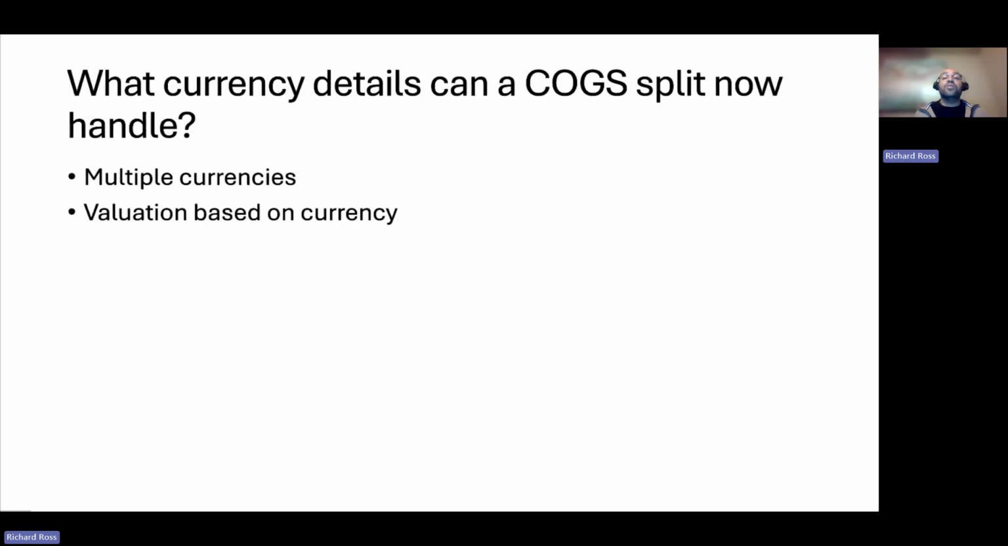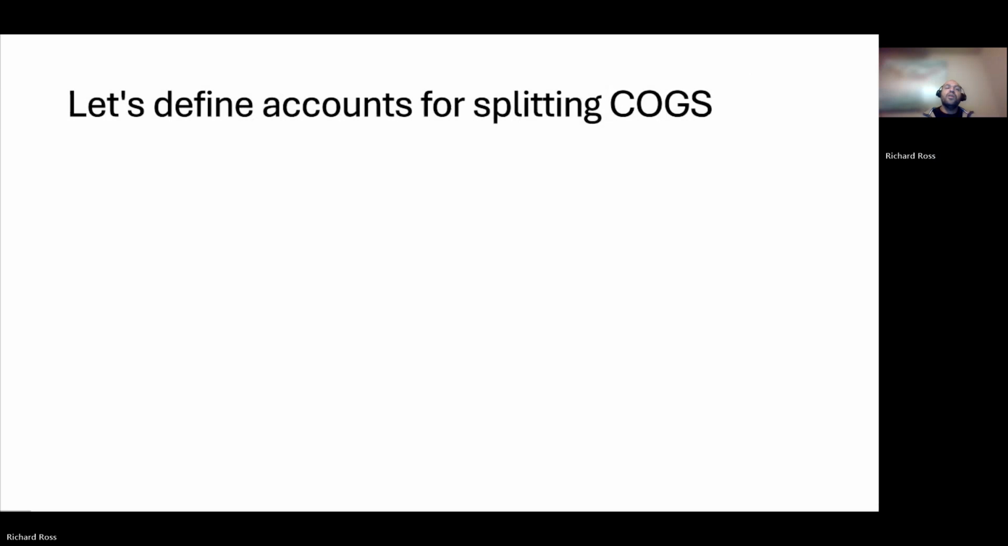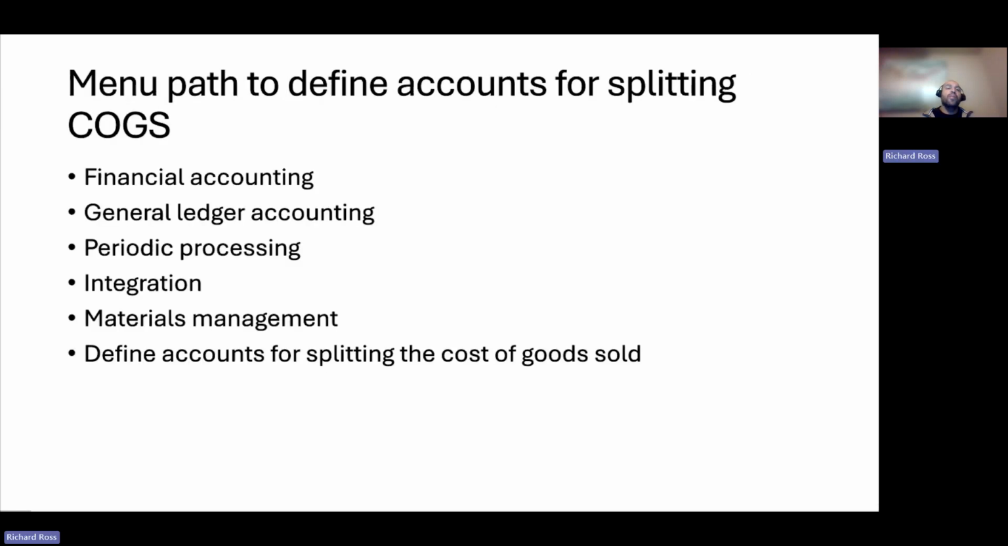What currency details can a cost of goods sold split now handle? Multiple currency, valuation based on currency. In the cost of goods sold split document, what currency is the fixed portion of the cost of goods sold updated in? The controlling area currency. Let's define accounts for splitting cost of goods sold. Menu path to define accounts for splitting cost of goods sold: